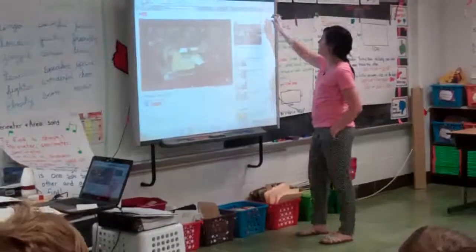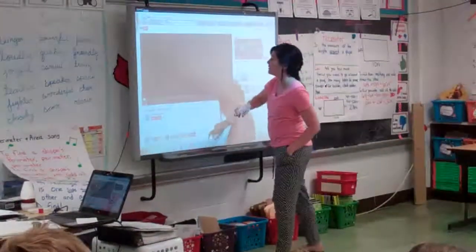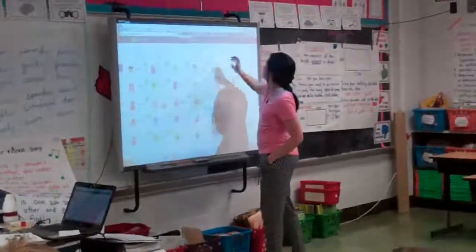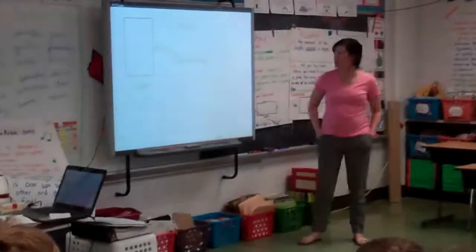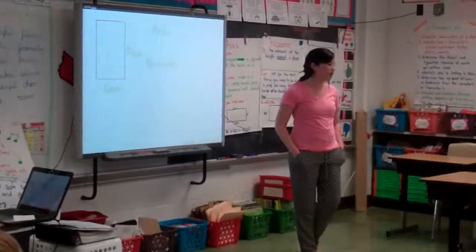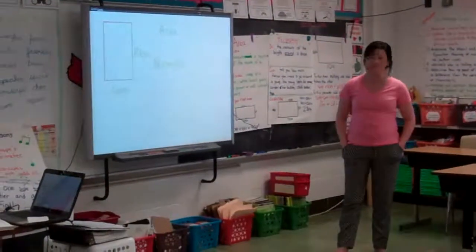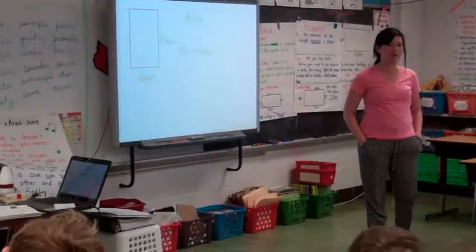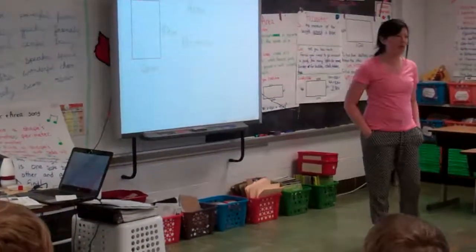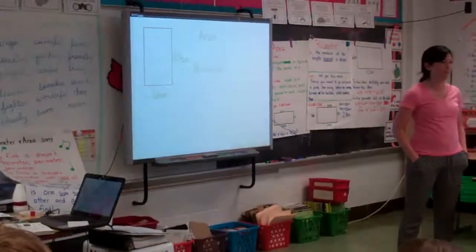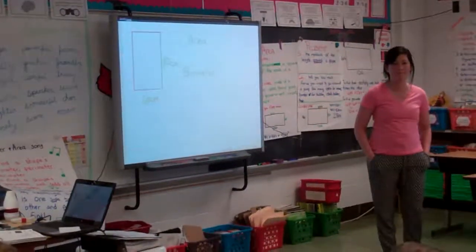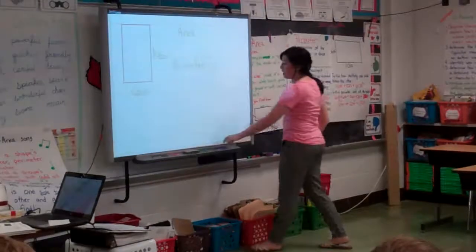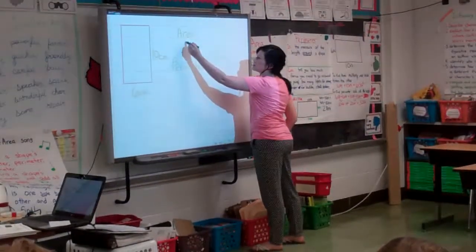Very good. All right. So let's do a little bit more review. If you have a rectangle that is 10 centimeters by 6 centimeters, how are we going to find the area? Someone raise their hand and help me out. Jaden. 6 times 10. So I'm going to do 6 centimeters